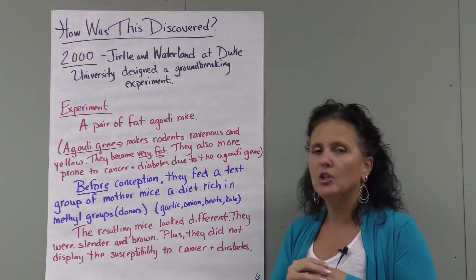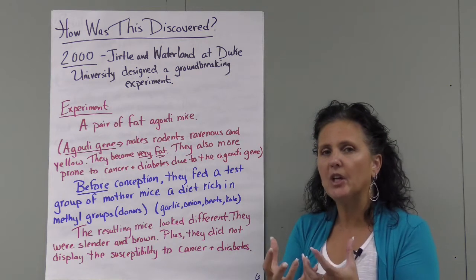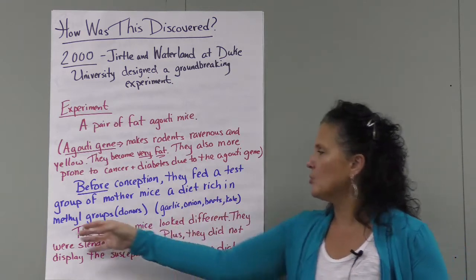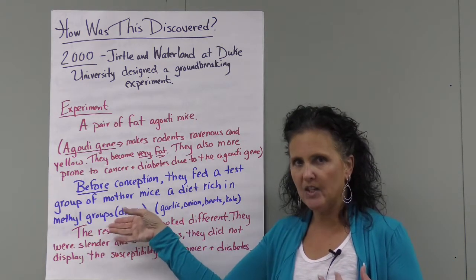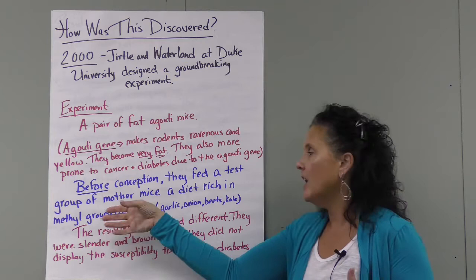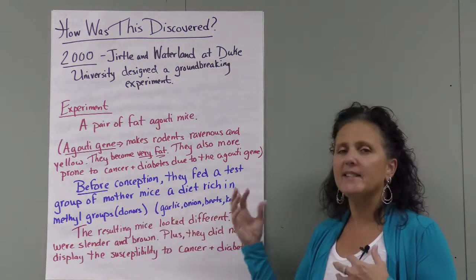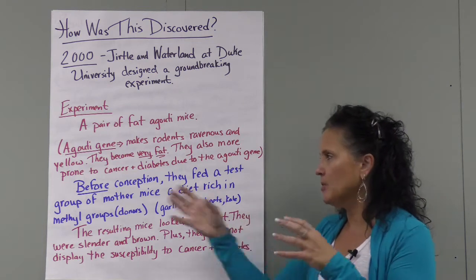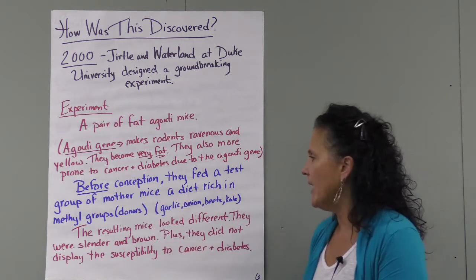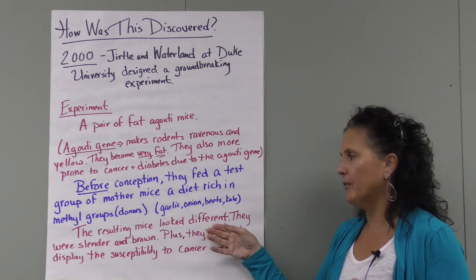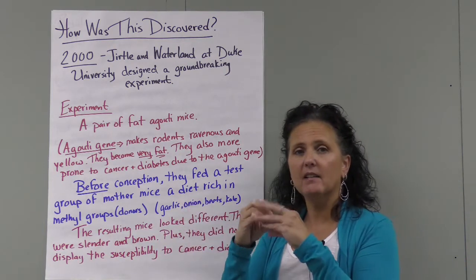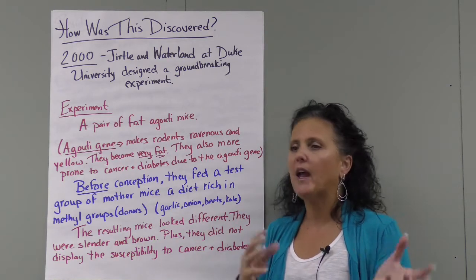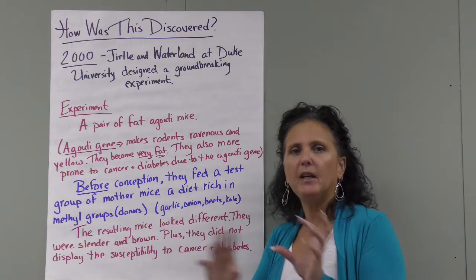So what they decided to do was to take these mice before conception, and they fed the mothers of these mice, a test group, a diet that was rich in these methyl groups that we just talked about, these donors, these CH3 groups. And so they gave them garlic, onions, beets, kale. Those are the things that add methyl groups to your DNA. This was before they were conceived, and then they had the mice. The resulting mice looked different. These mice now are skinny, slender, and brown. They're not fat and yellow,